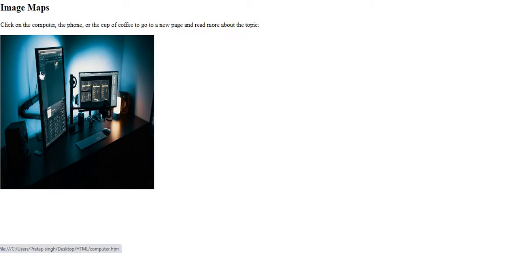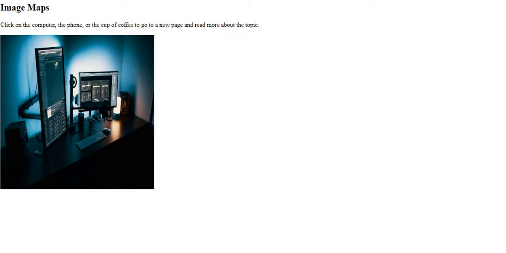Right now it's clickable from here, so it is almost correct. From the top it is almost correct. From the bottom it is also a little bit correct, but not completely, but we can say that it's clickable.